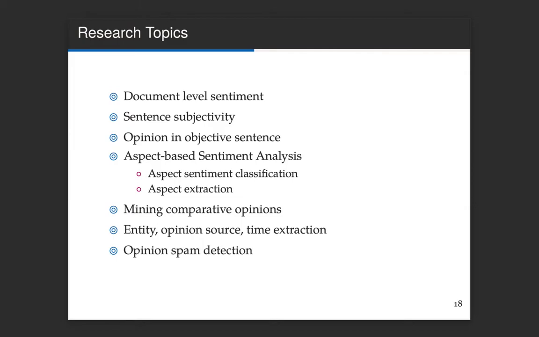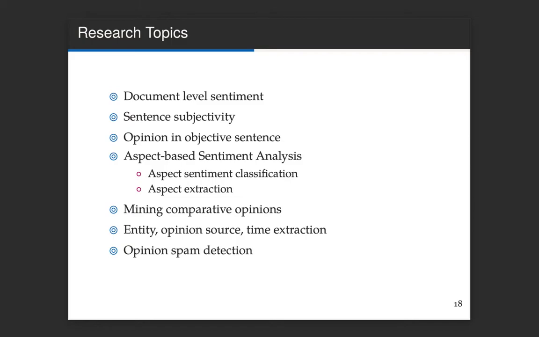For an objective sentence, first you need to know if the sentence is objective, then you want to know if the sentence contains an opinion, and finally, if it is an opinion, you want to know the polarity of that sentence.